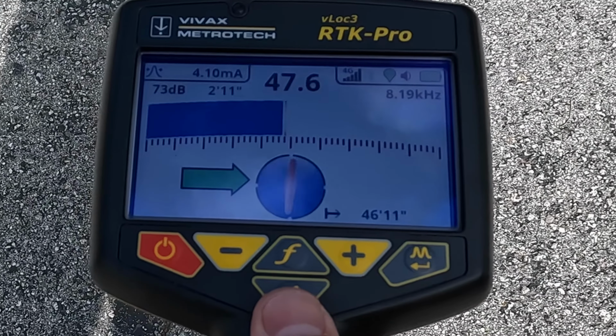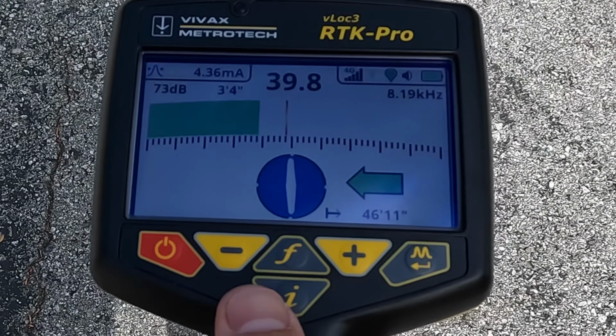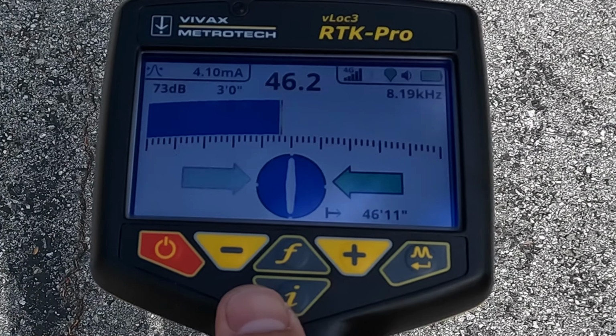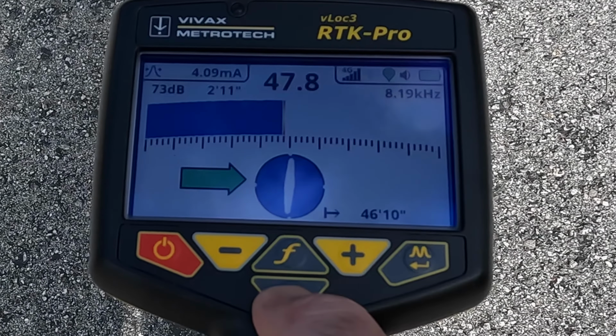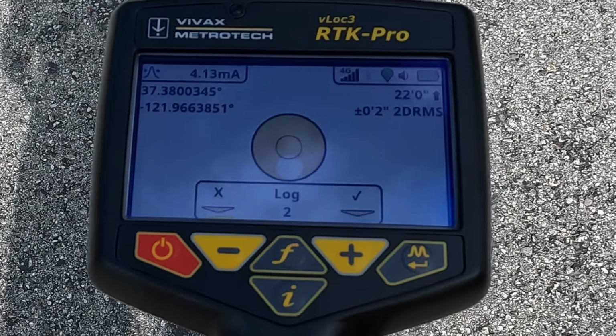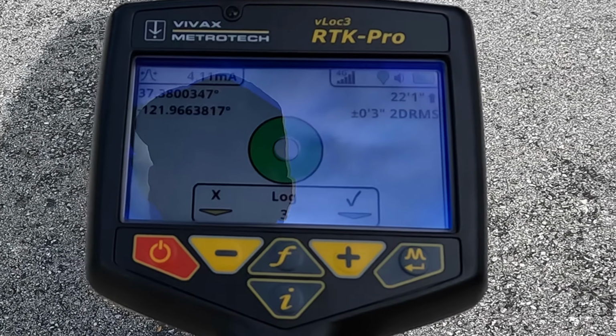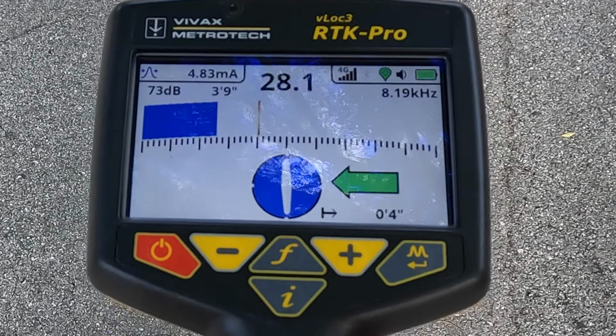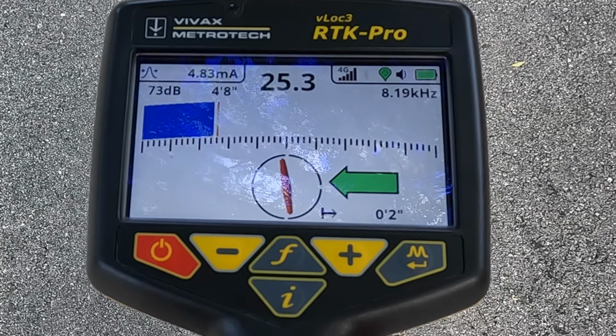I'm going to put my receiver on the ground again, find the highest peak signal, which is right here. Plus, take the shot. Now what I want to do is take a shot of a curb here